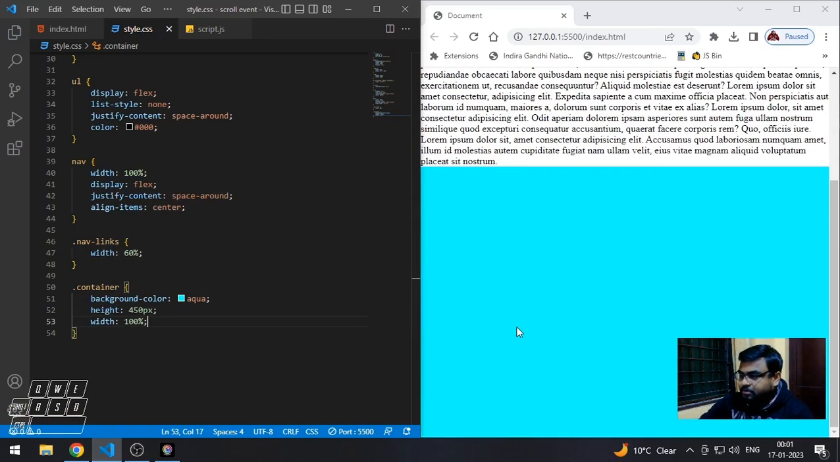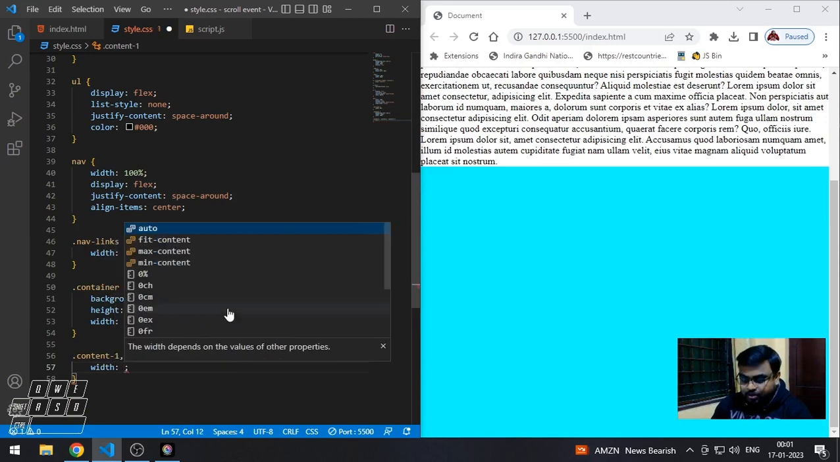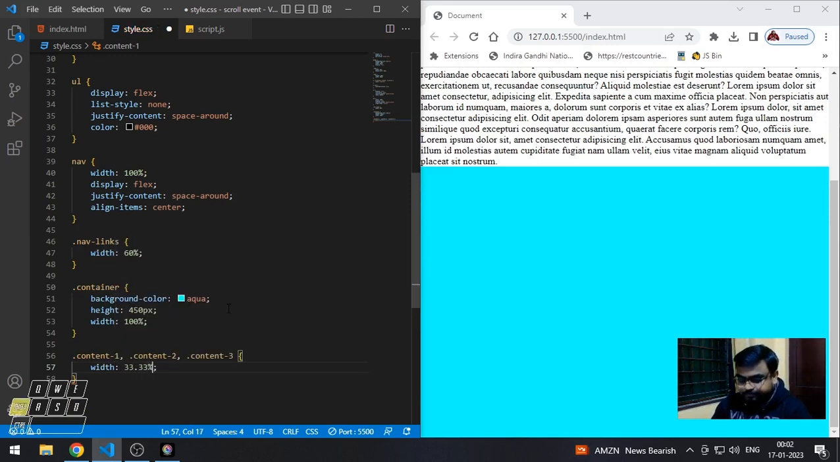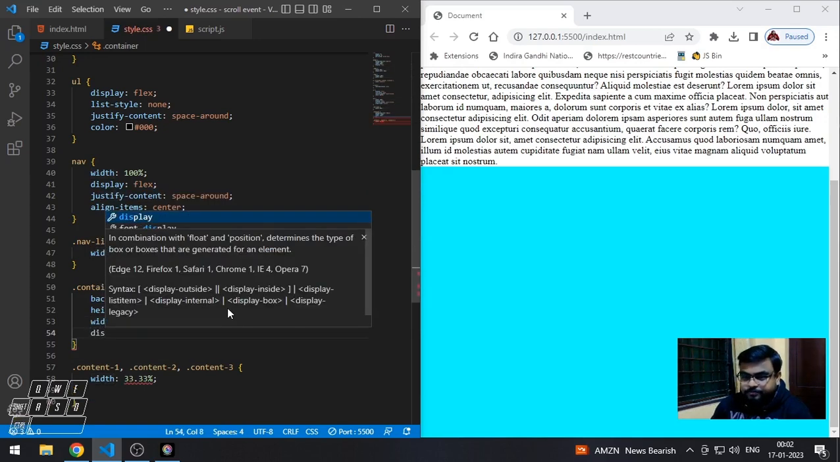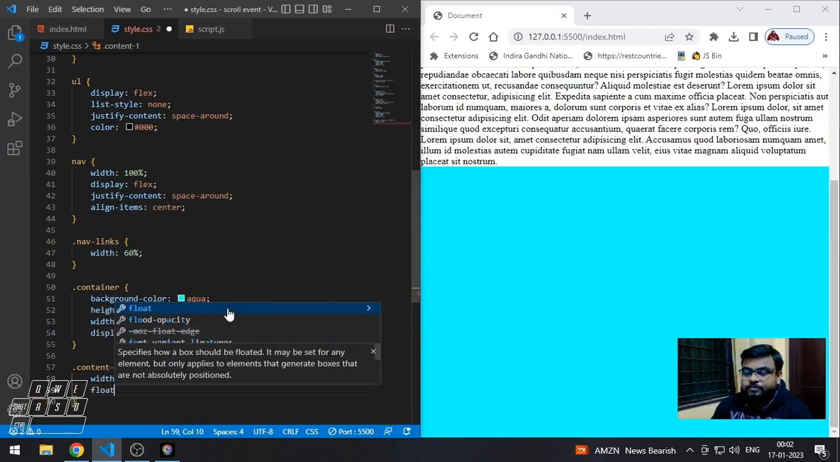That's fine. Okay, so here this is our container, and inside container we have content. So content1, content2, and then content3. So we can use 3 now, and then let's give it a width of 33.33%, and it will divide it equally. We can use here display block, and here we can use float on the left side,